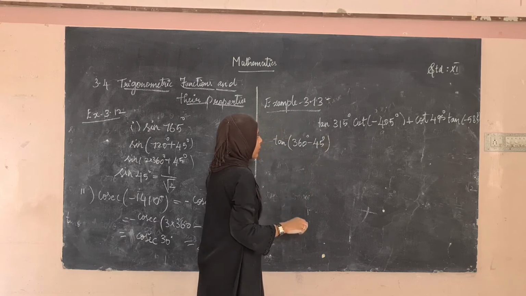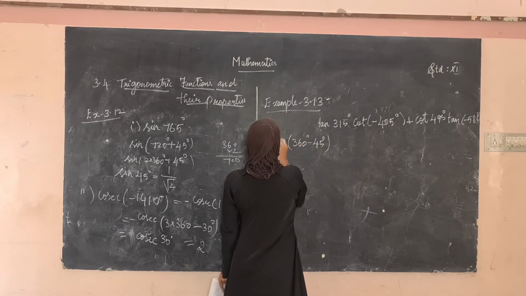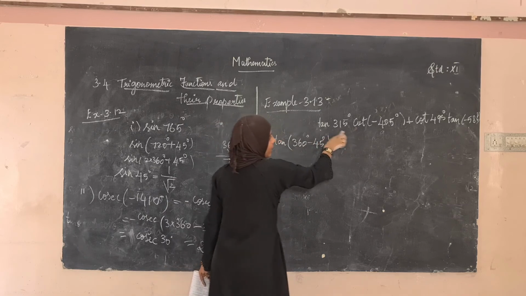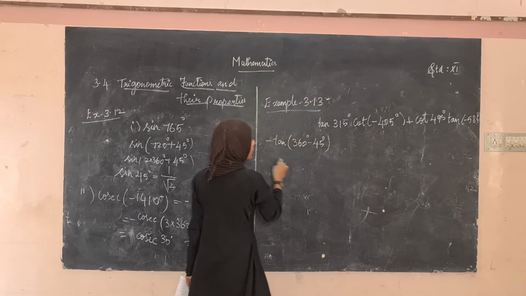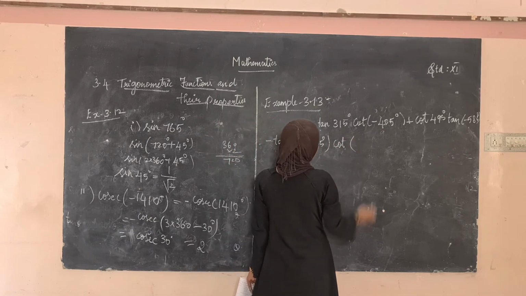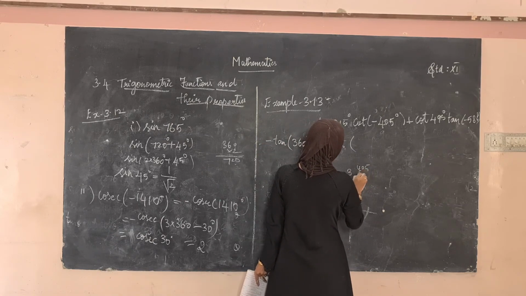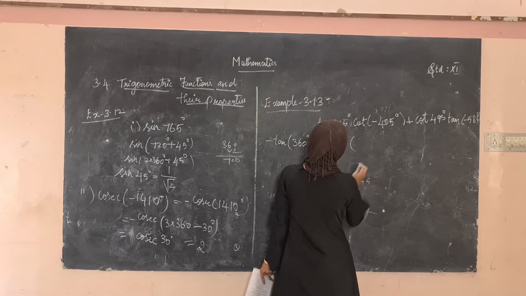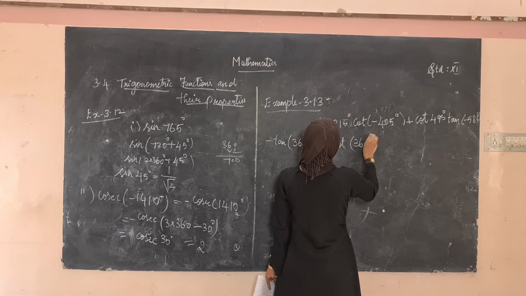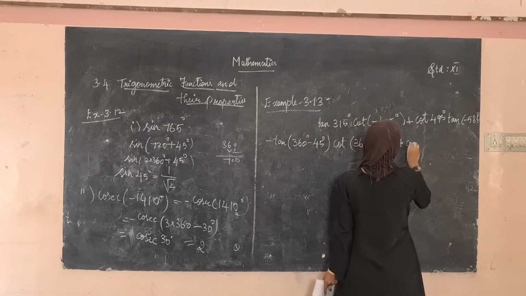Which is 315. So again cot. What is cot of minus theta? It is minus cot theta. Therefore there is a minus. So this is in multiplication. So minus வந்து இங்கே கொண்டு வந்துடக்கூடாது because this is in multiplication. Therefore you have to take this minus to the whole term. So minus of cot of 405. What is cot of 405? Right, 360 plus 45, 360 degree plus 45 degree plus, and see here cot of